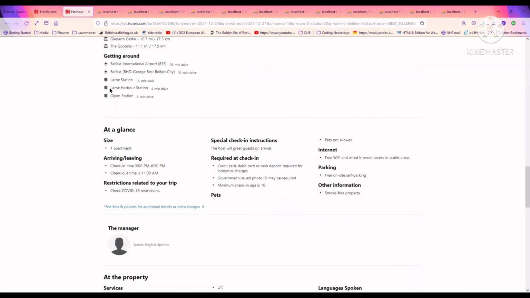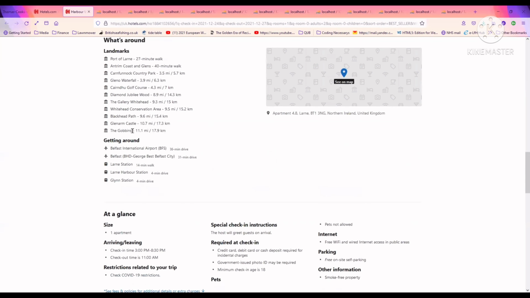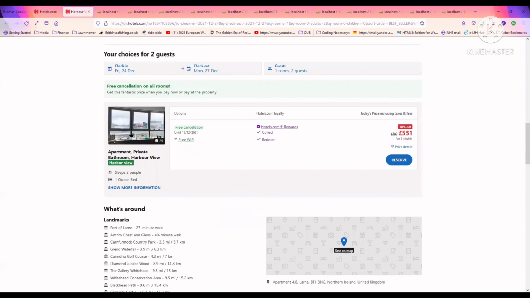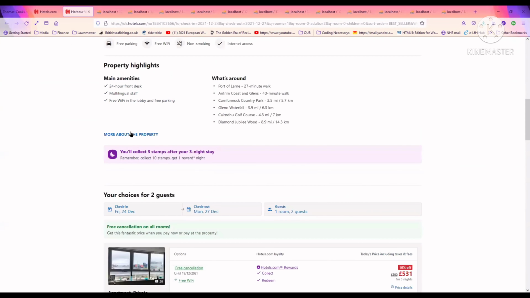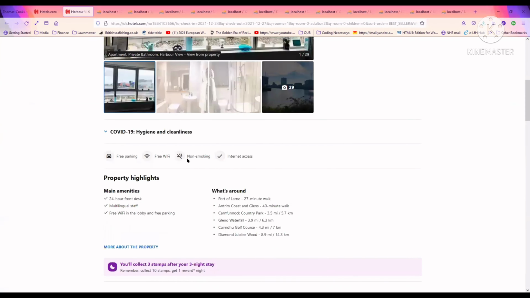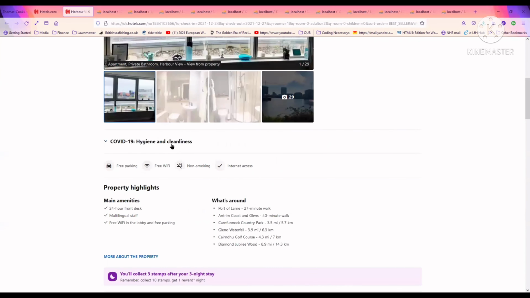And we have used phpMyAdmin and the structured query language to recreate a searchable database for a hotel booking system. The entities and the attributes, of which there are many. For example, we're looking at amenities here. We've got 24-hour front desk, multilingual staff, free Wi-Fi, the various attractions that are around the place, and information, photographs